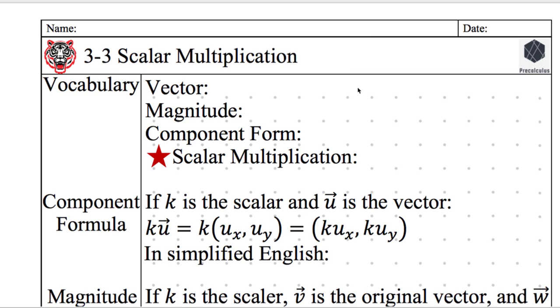This is Precalculus lesson 3-3. Today is November 26th. So let's go ahead and write that in our top up here. It is November 26,